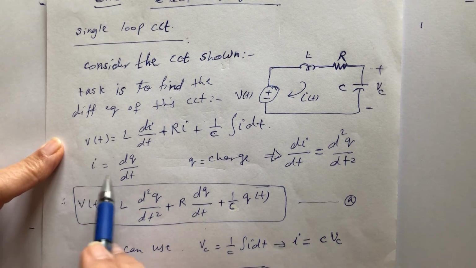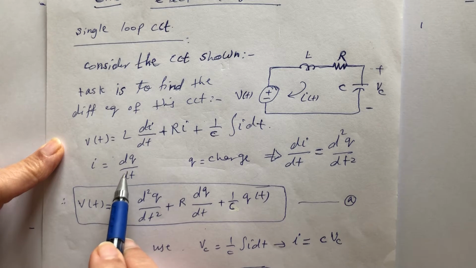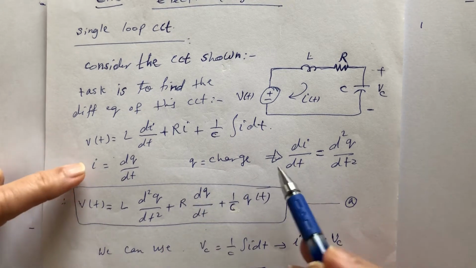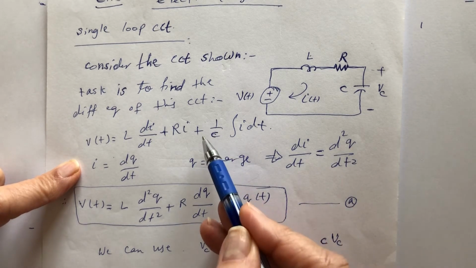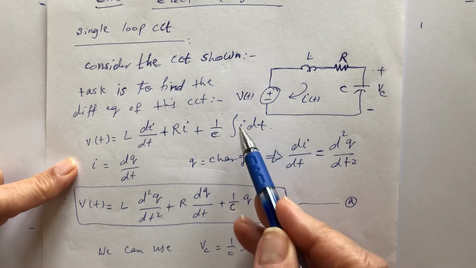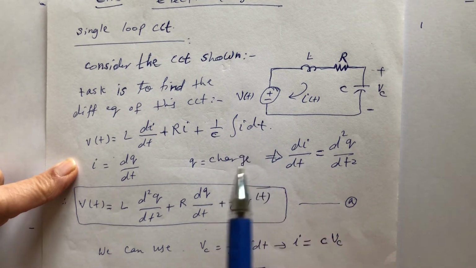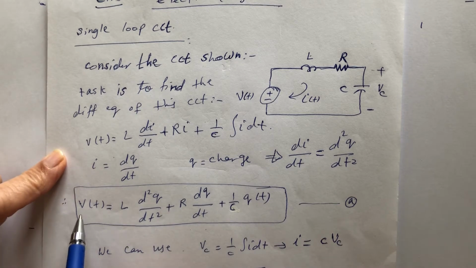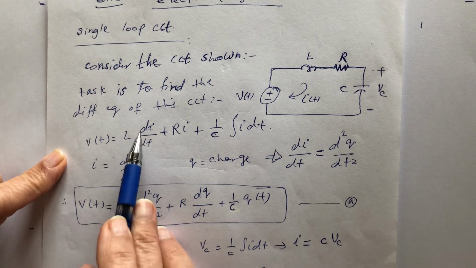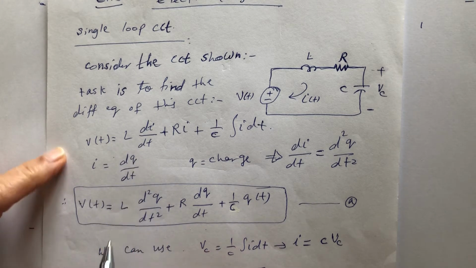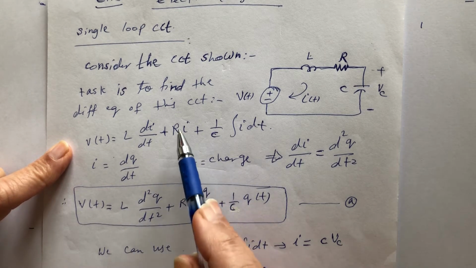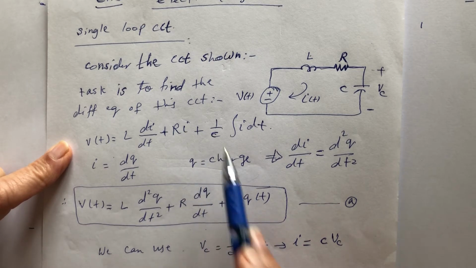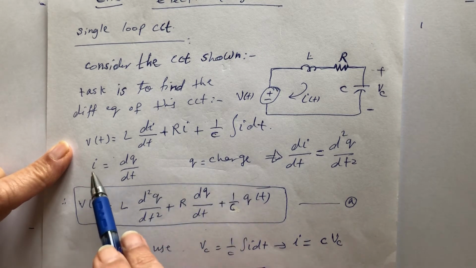Now you remember that i equals dq by dt, where q is the charge. Integrate that, di by dt equals d square q by dt square. I can substitute those in the original equation. The target is to get rid of this integration. Now v of t equals, when I substitute here, L d square q of t by dt square plus R dq by dt plus 1 over C,